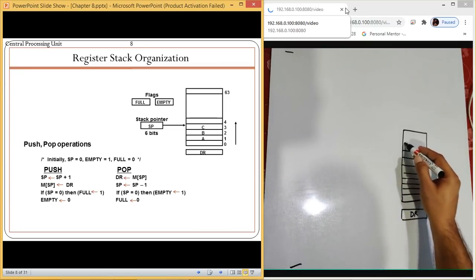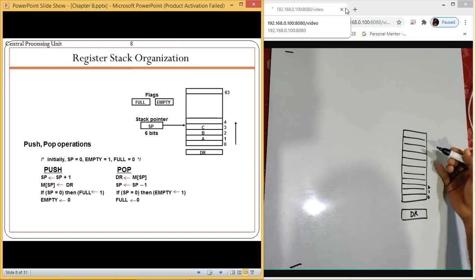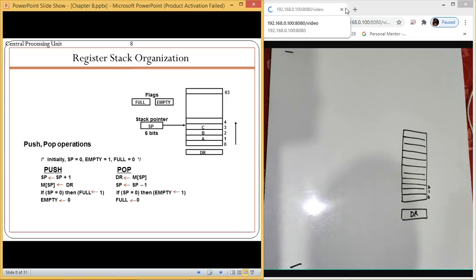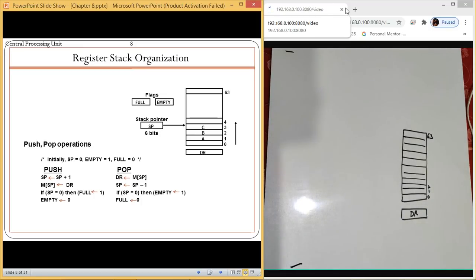Now the numbering is going to start from 0, from this place. 0, 1, 2, it depends how many registers you have. In this case we have numbering up to 63, which means in total we have 64 registers.